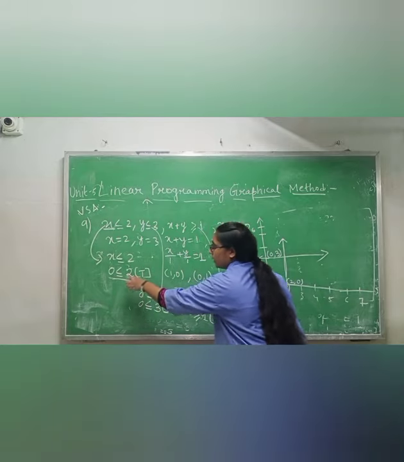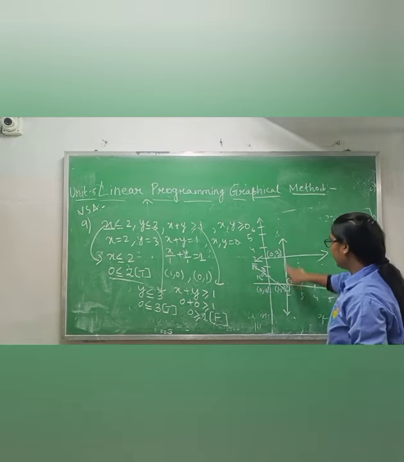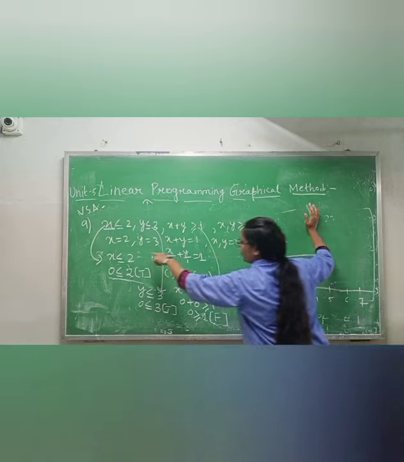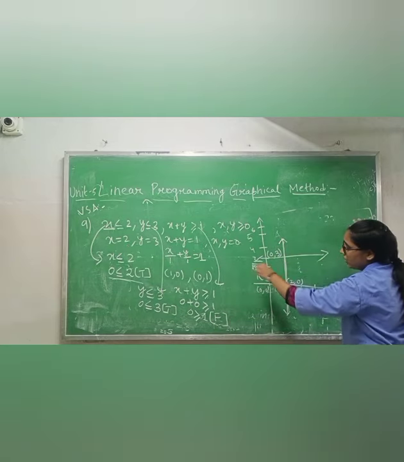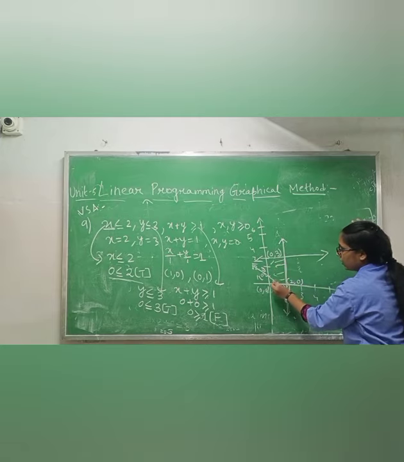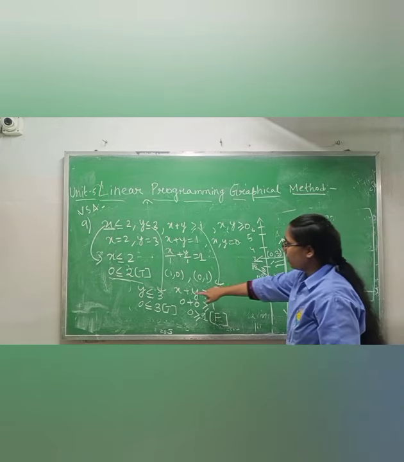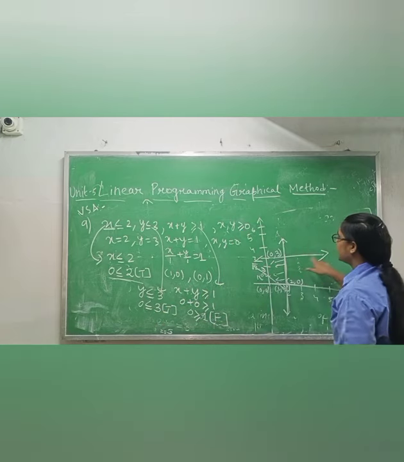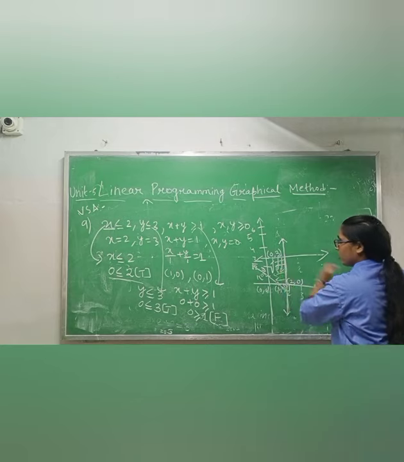See this one. This one is true. Where is this line? See, when we are plotting x equals to 2, this line is coming. It means since this one is true, it will go towards the origin. Origin is this, towards the origin. Now, this one is also true. For this one, this line is here, it is also true. It will also go here. Okay.